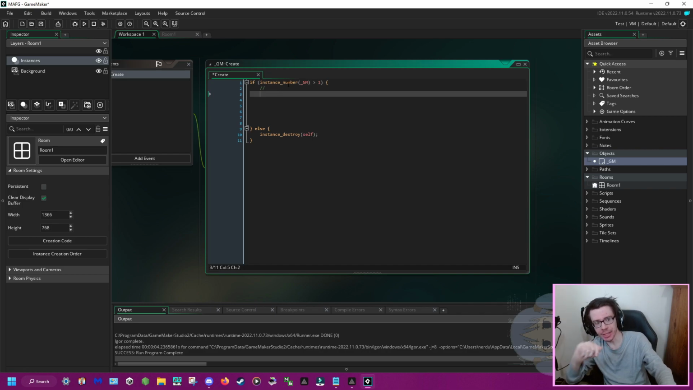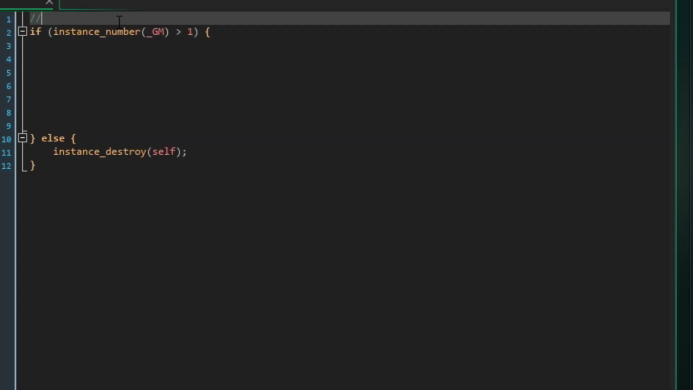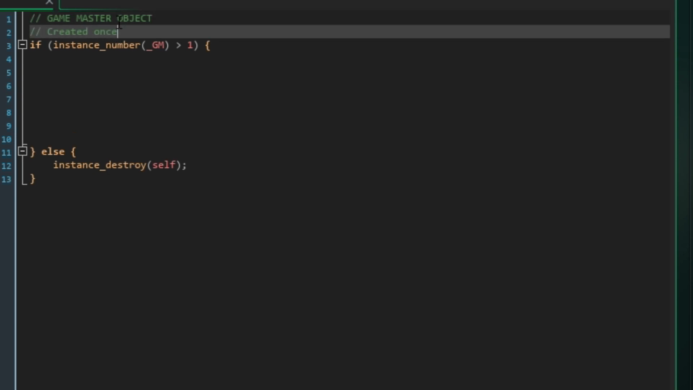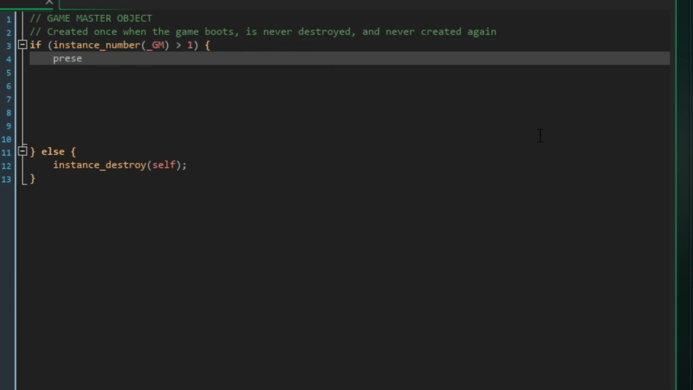One of the very first things that you should know how to do is create comments. And in order to create comments, you just do //. And so I can say anything I want here, it will not do anything. However, when we come back to this code later, we'll be able to know exactly what this does. So this is the game master object. And it is created once when the game boots, is never destroyed, and never created again. And we can make sure it is never destroyed by saying persistent